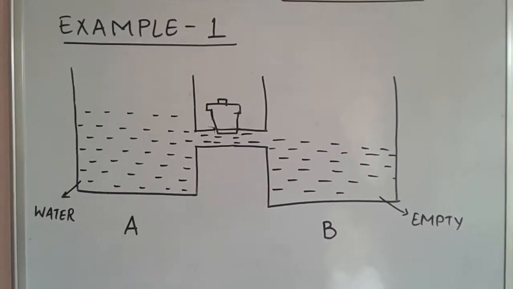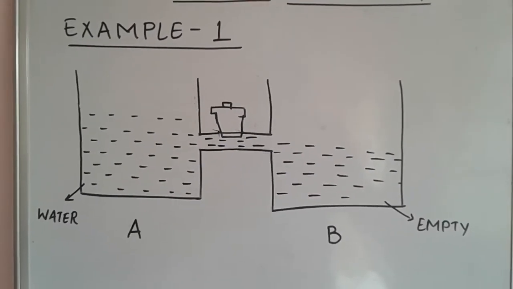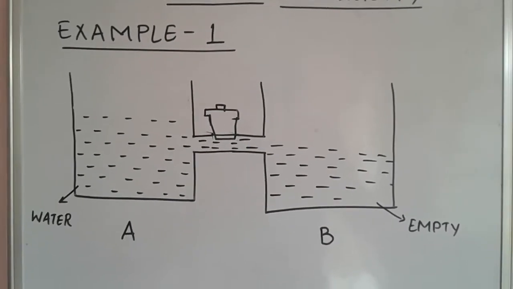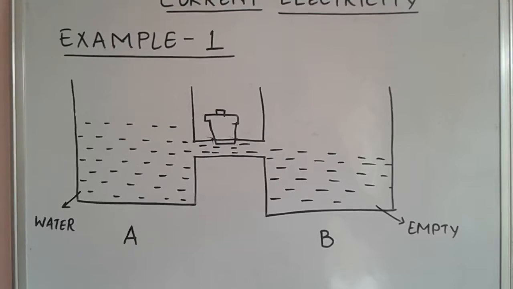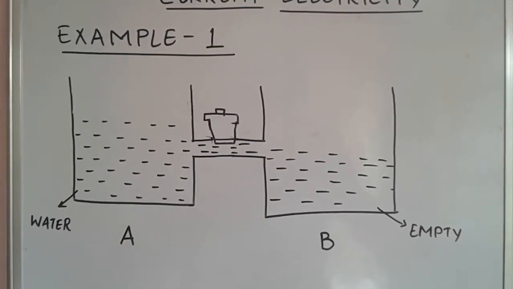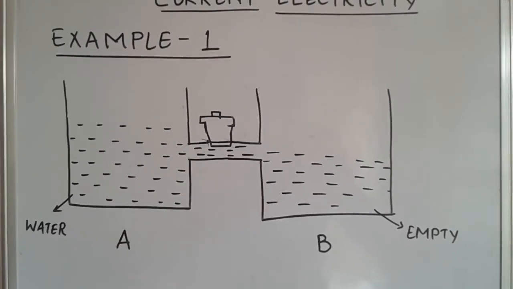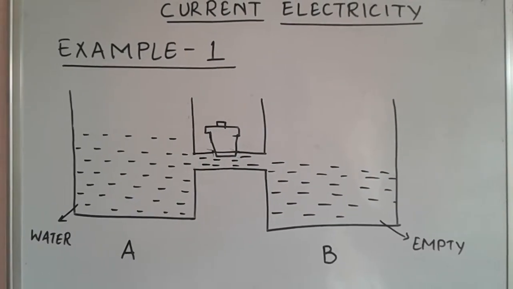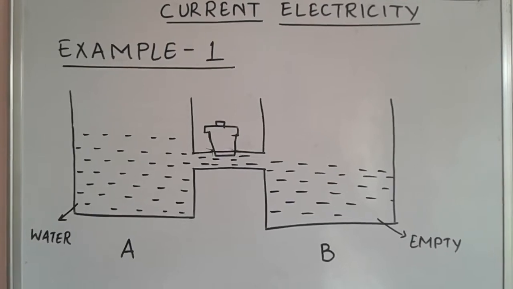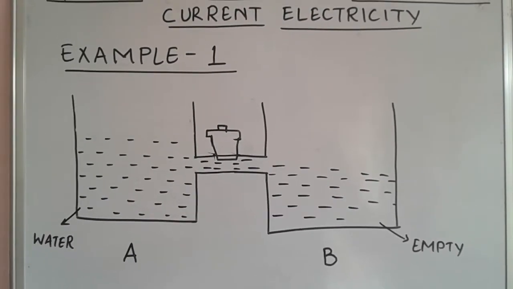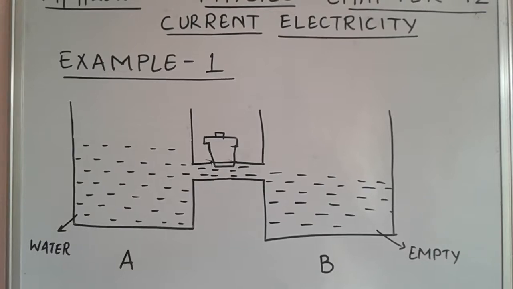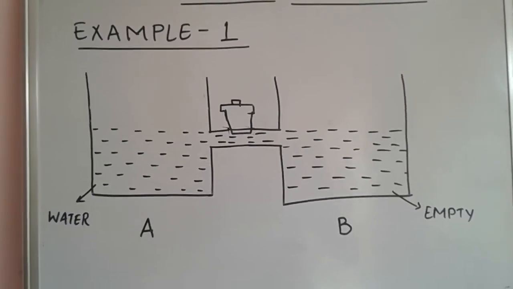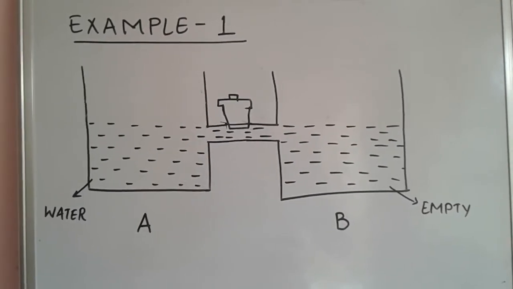You can see here, children, that when the stopper is pulled up, the water rushes from beaker A to beaker B and keeps on shifting from one beaker to the other. Now this process will continue. How long? You can see the level of water in A is decreasing. So this process will continue till the level of the water in the two beakers becomes equal. Now you can see that the level of water in the two beakers has become equal and therefore the water is